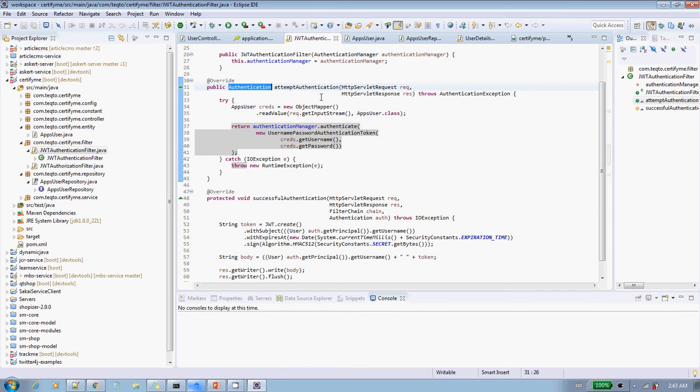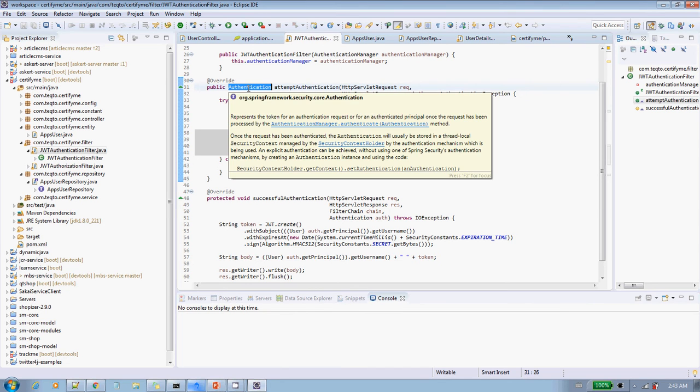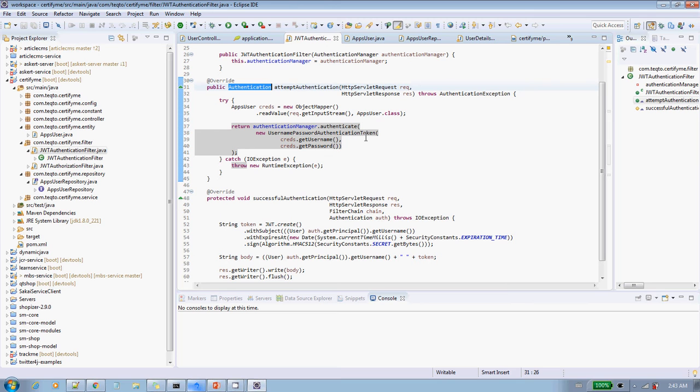So authentication has all the data we are looking for, the JWT token along with the user ID and username, and that is getting stored in authentication, and this authentication is getting stored in the thread local security context. So what exactly is the thread local security context?